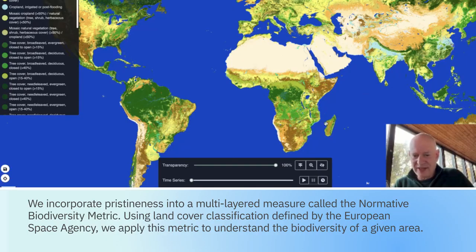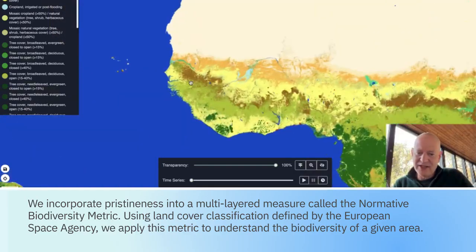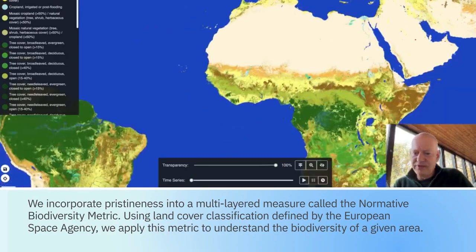It's one of the best sources of information on land use at a global scale, and it is very granular, provides lots of information from which we can infer quite a lot about biodiversity, but it doesn't give you specific